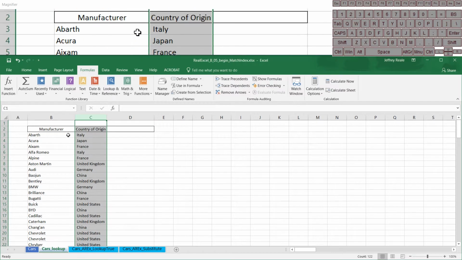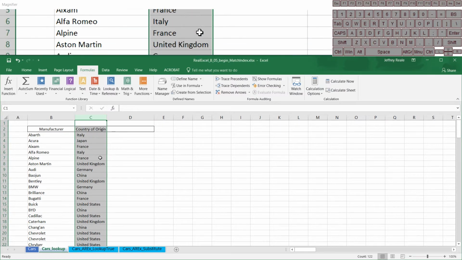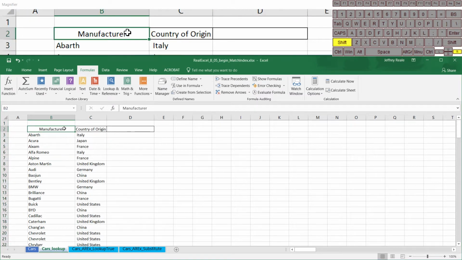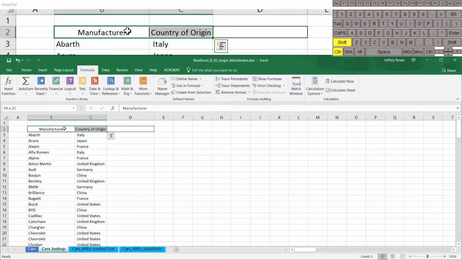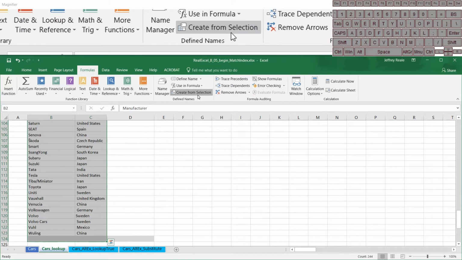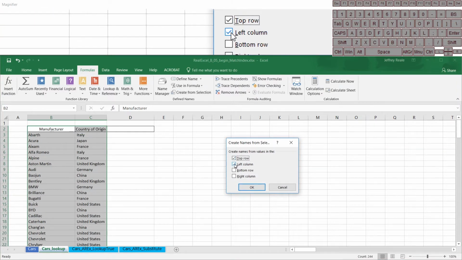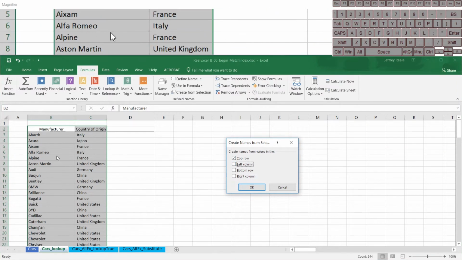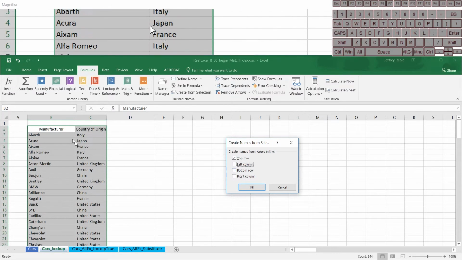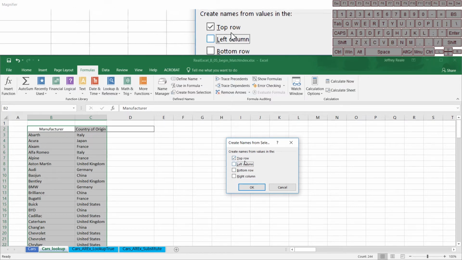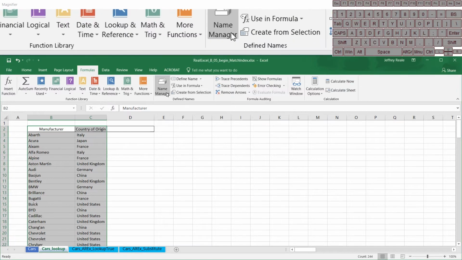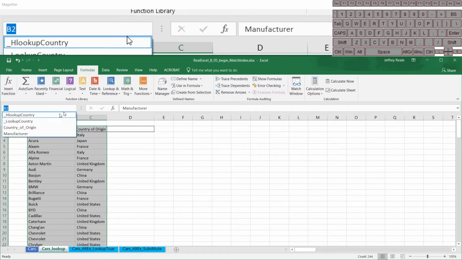Now to do that, I need to have both of these columns as 2 separate named ranges. I had actually done it in a previous video, and what you do is you select the whole range, including the header, include that bottom piece too, and you say create from selection. I'm going to get rid of left column. If I include left column, it will name every single cell down here with this left column, which is confusing and not very helpful in this case. What we wanted to use is only the top row. I hit OK. And now if I go to my named ranges, I can see them here,